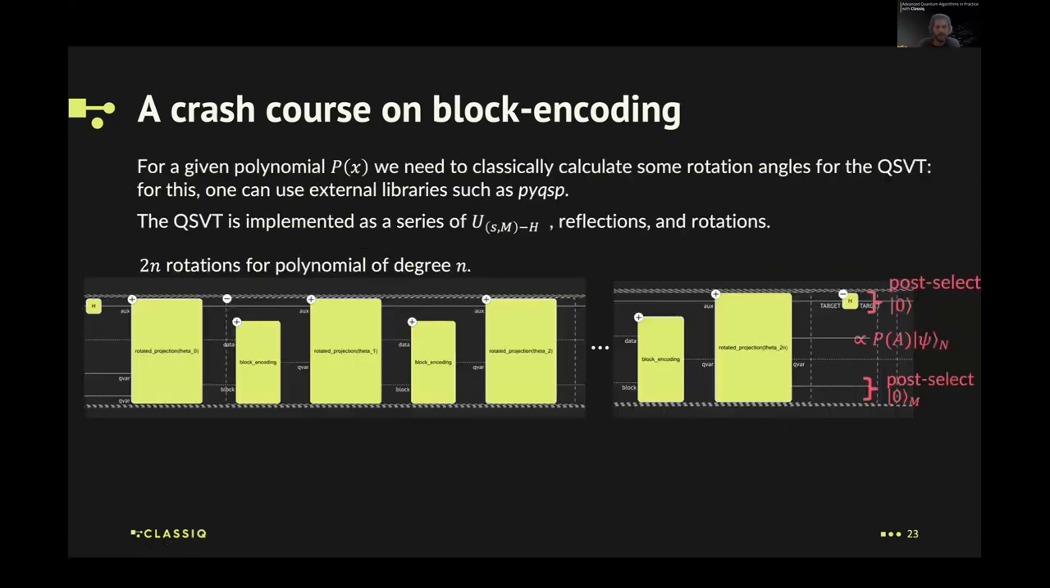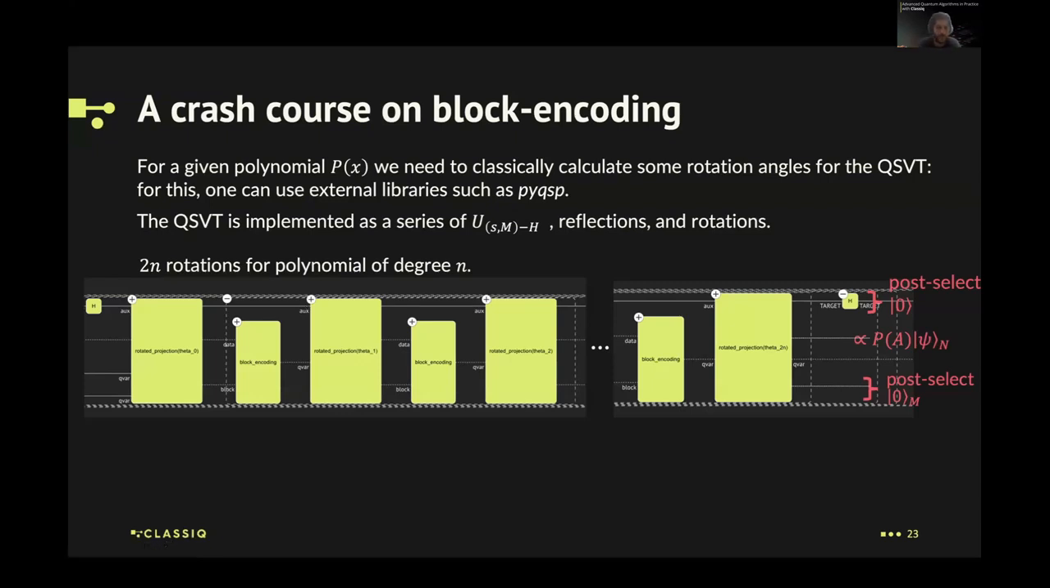And this is how a QSVT typically looks. So if I have a polynomial p of x, to apply QSVT, what you need to do is to first calculate some rotation angles, I mean classical rotation angles that will be entered into the QSVT routine. These are the angles that are related to the quantum signal processing, and you can do it with an external library, PyQSP, for example. So you want to implement your polynomial. You say which polynomial you want, then you get the angles, and then the QSVT essentially